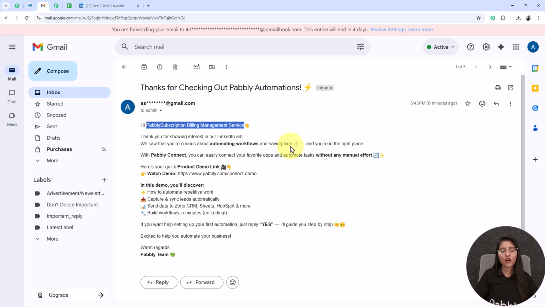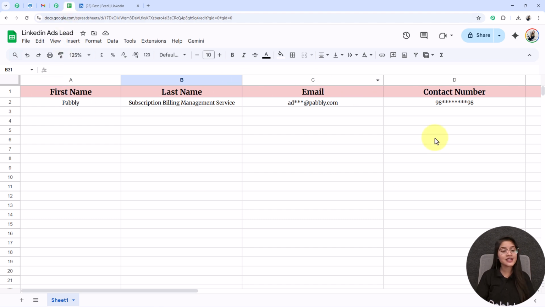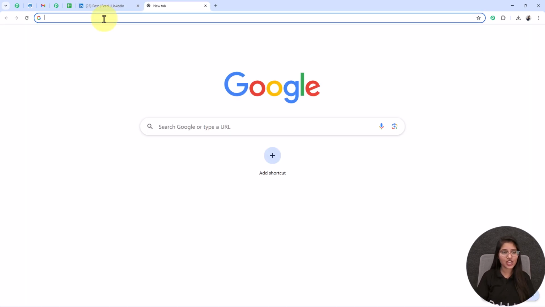So now if you also want to create this type of automation, where whenever a new lead applies through your LinkedIn lead ads, the details automatically get added to your Google Sheet, and an instant product recommendation mail is sent to each of your users' Gmail account, then you simply need to follow the step-by-step instructions that I am going to show you in this video. So let's get started. First, open a new tab and search